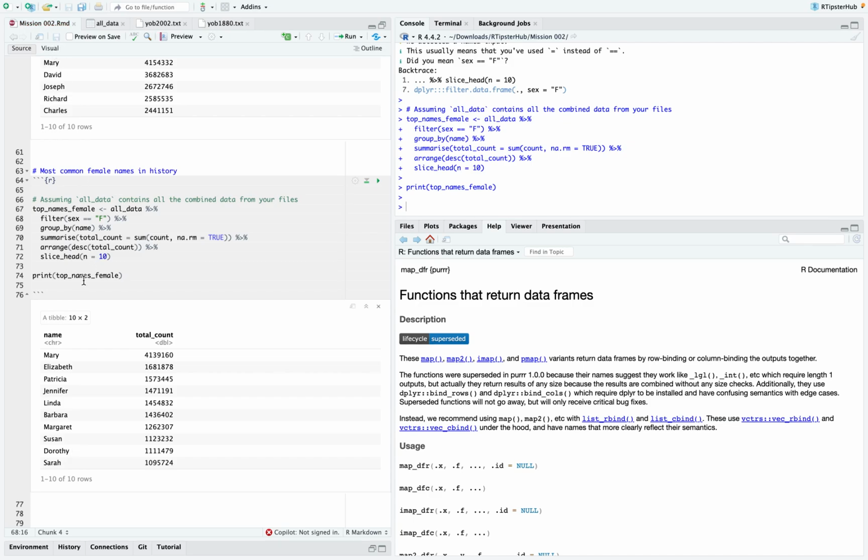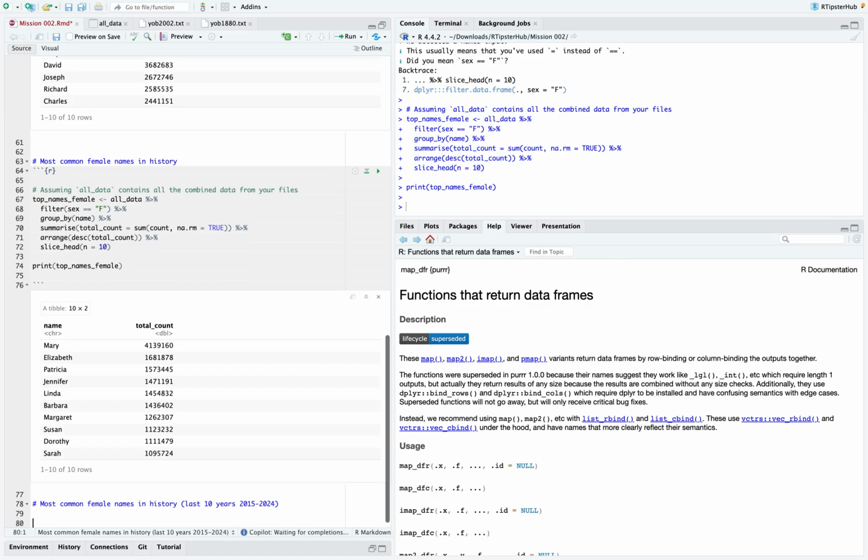Let's find out something. If we still do the most common female names, but we say in the last 10 years, right? So that will be from 2015 to 2024 inclusive, right? Yes. So we say